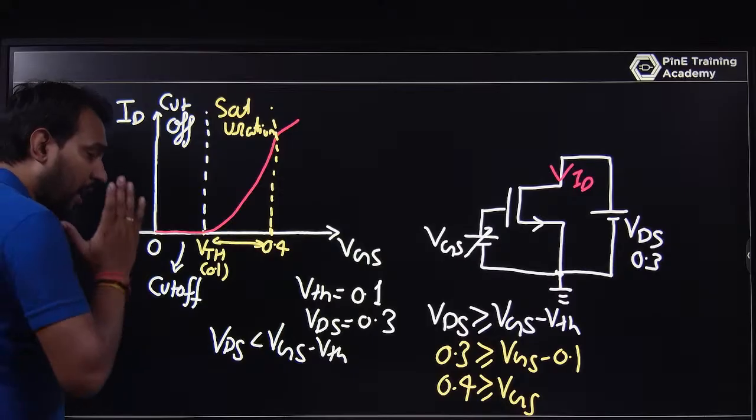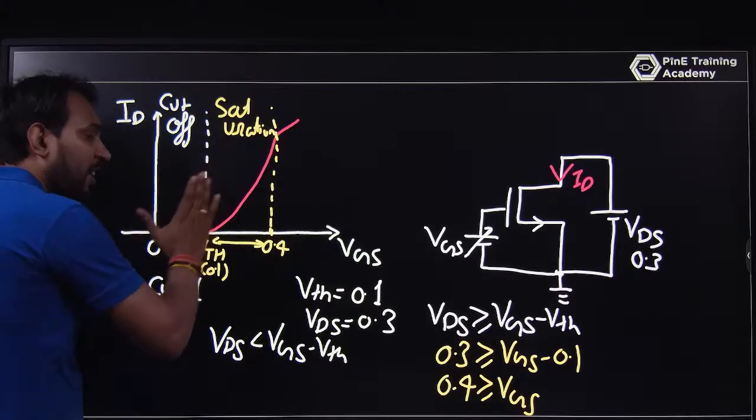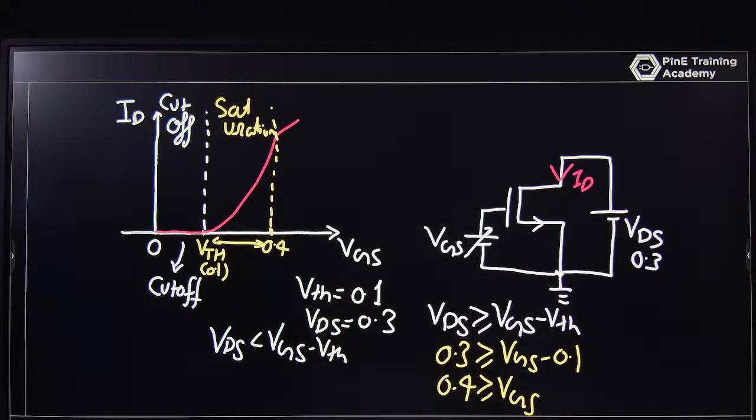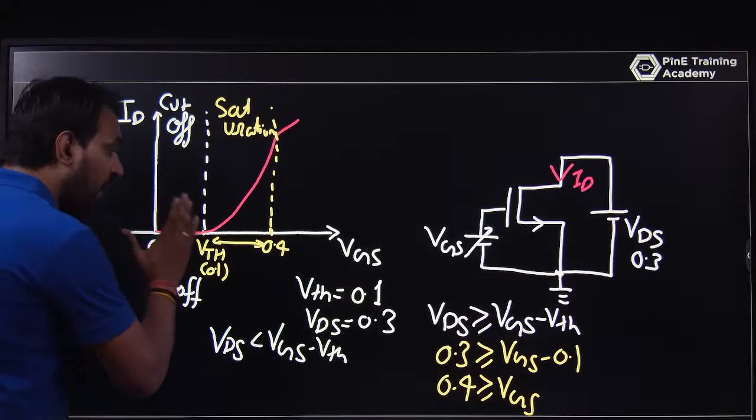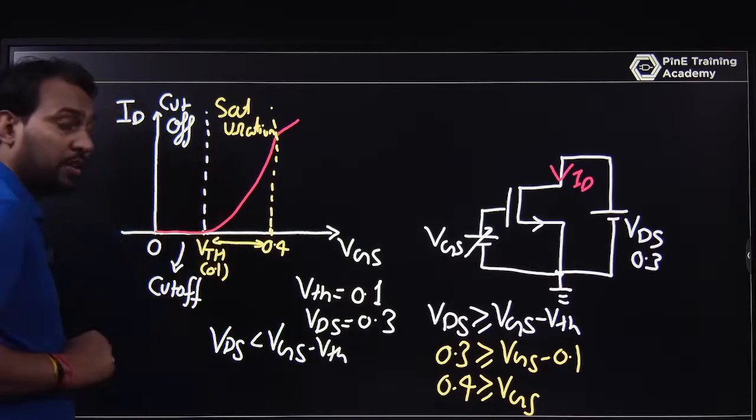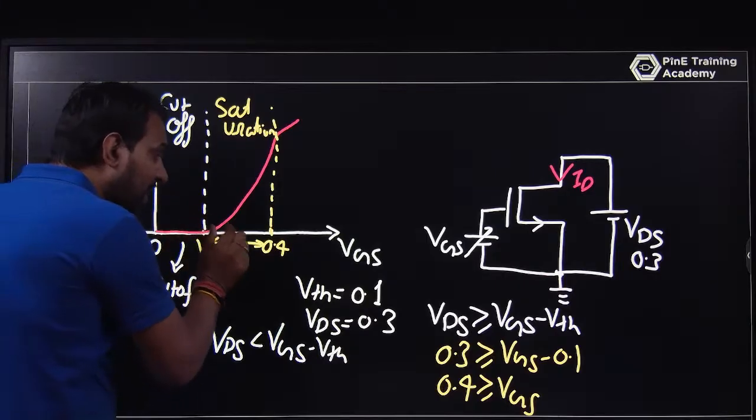Most of the students answer that after VTH the MOSFET enters into a linear region. No, dear. After VTH, the MOSFET enters into saturation. Why? If VDS is some value